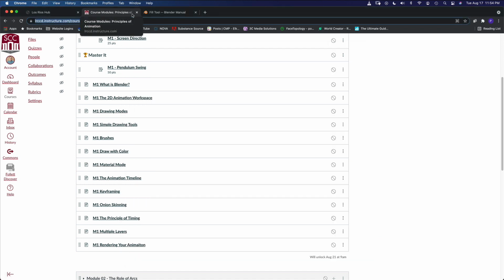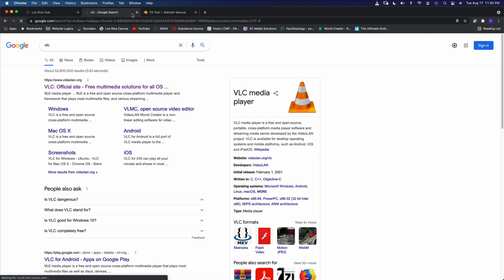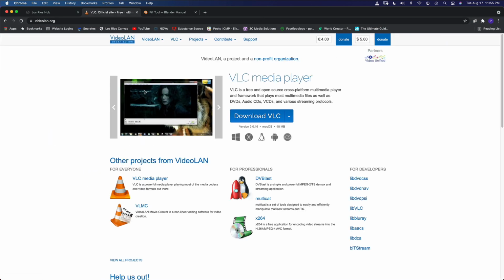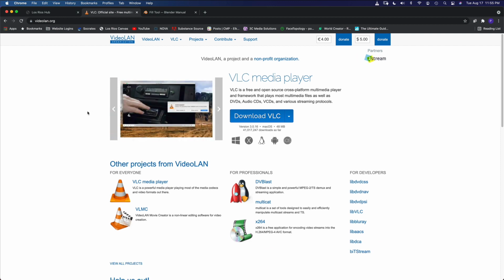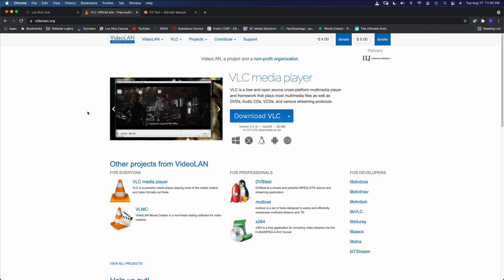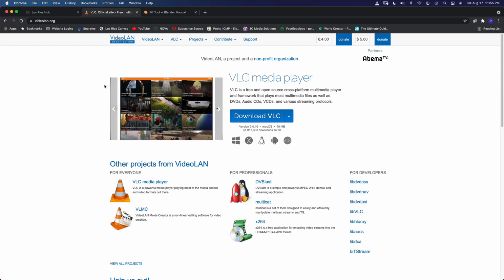Now, if you don't have the VLC media player, I definitely suggest that you go check it out. It's free, it's open source. If you do a web search for VLC, it's the first one. VLC Media Player is pretty much installed on every computer on the face of the planet. It's a powerful video player that will accept just about any open source file format, and I love it. It's a really great one.